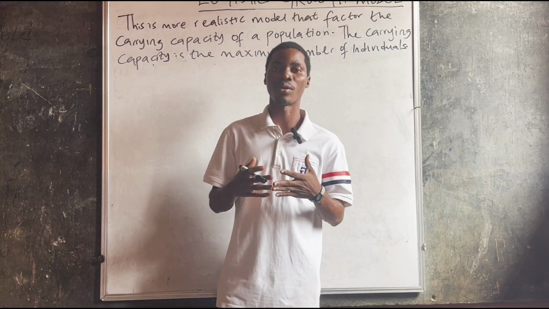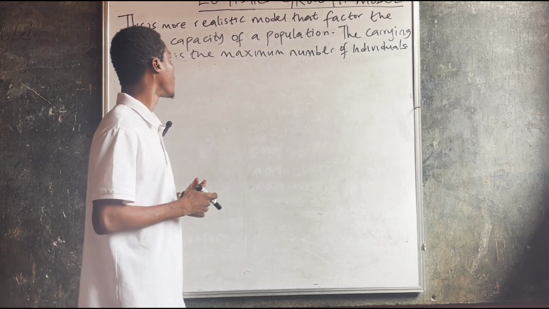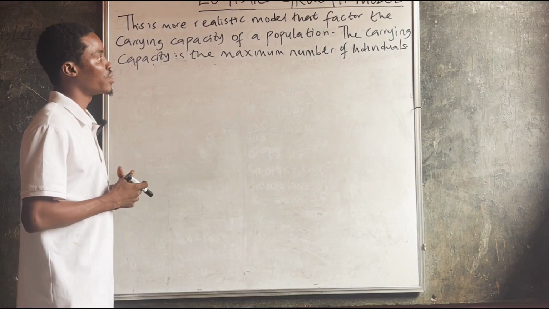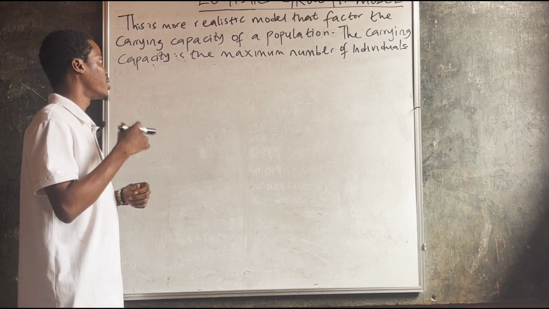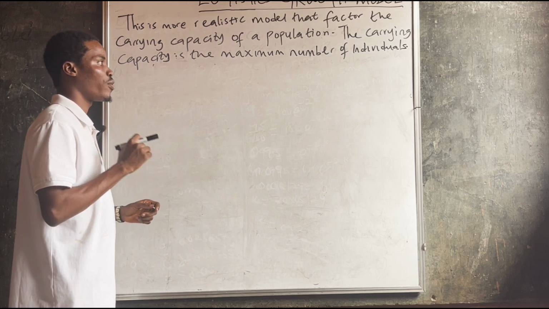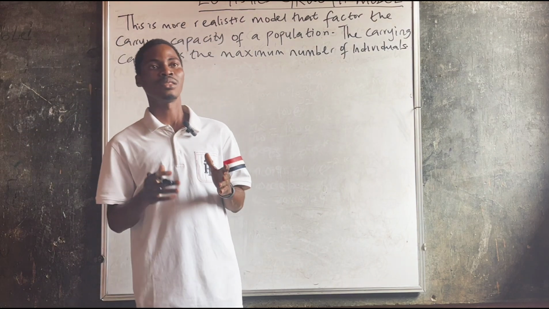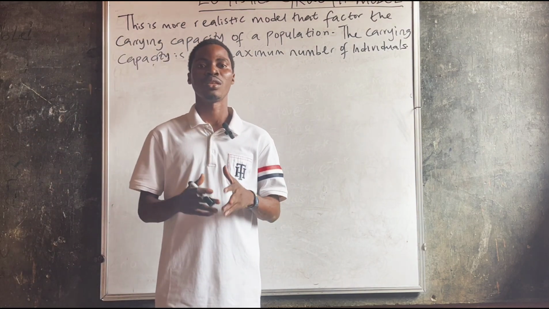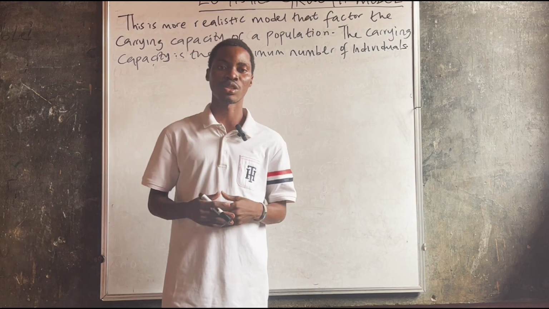Today we'll be talking about the logistic growth model. This is a more realistic model that factors in the carrying capacity of a population. The carrying capacity is the maximum number of individuals. The logistic model states that the time rate of change of population is directly proportional to the population and the resources